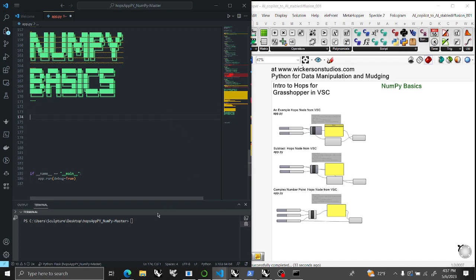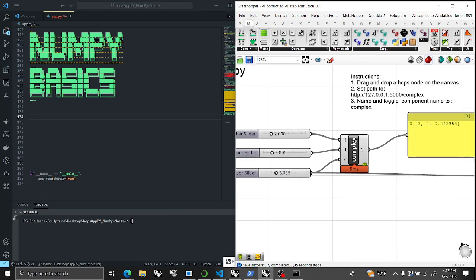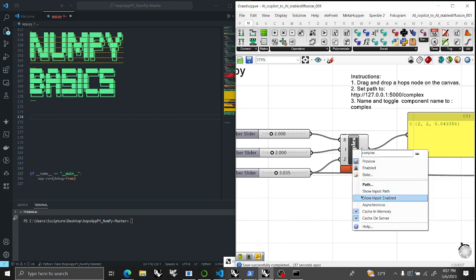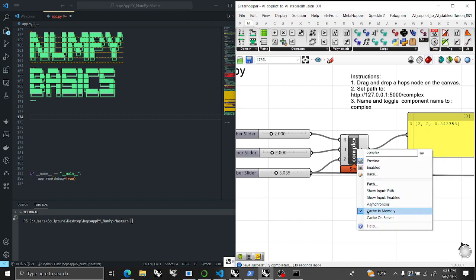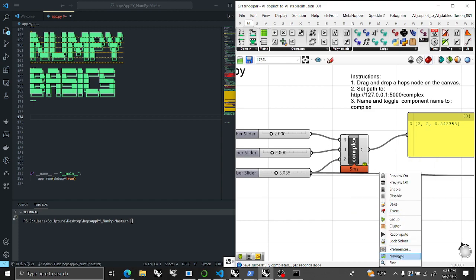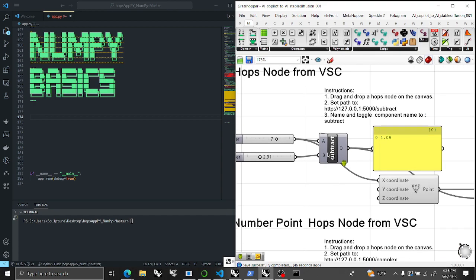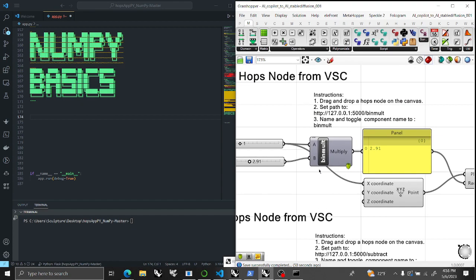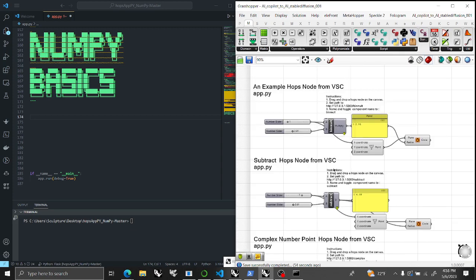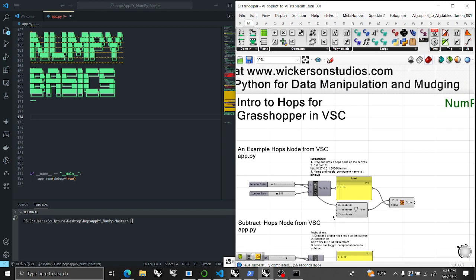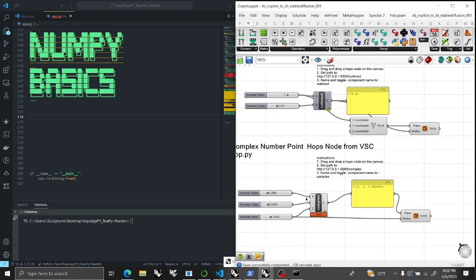And what's nice about this terminal down here, and here's something I forgot to show you. Whenever you have something, right-click on it and take the cache and take the memory off. You also might want to go in here and hit preferences and keep clearing these caches on the main board. But if you do this, then you will be able to see the updates every time you slide through these nodes. And there is a catch when you load these, and I'll show you those at a later date. But we have 3 here, all ready to run. So then when I actually run this